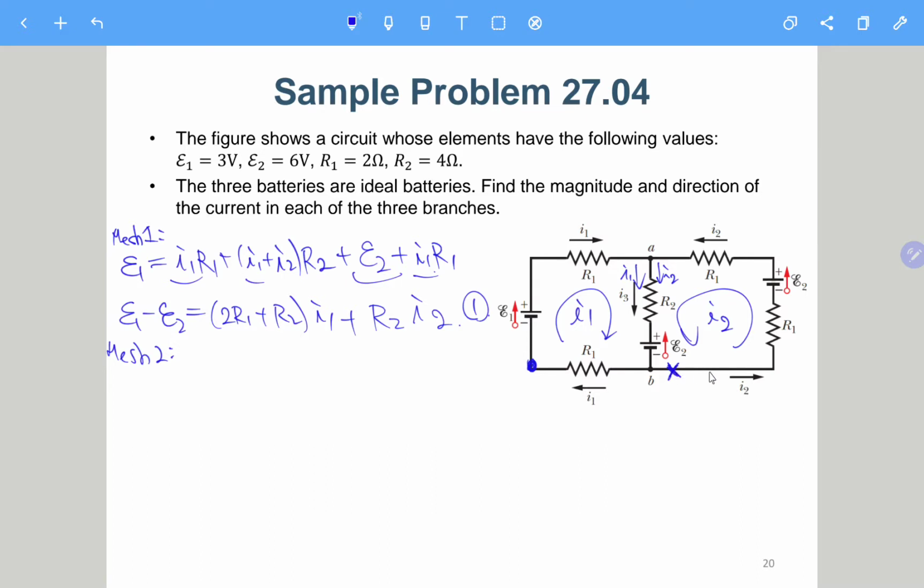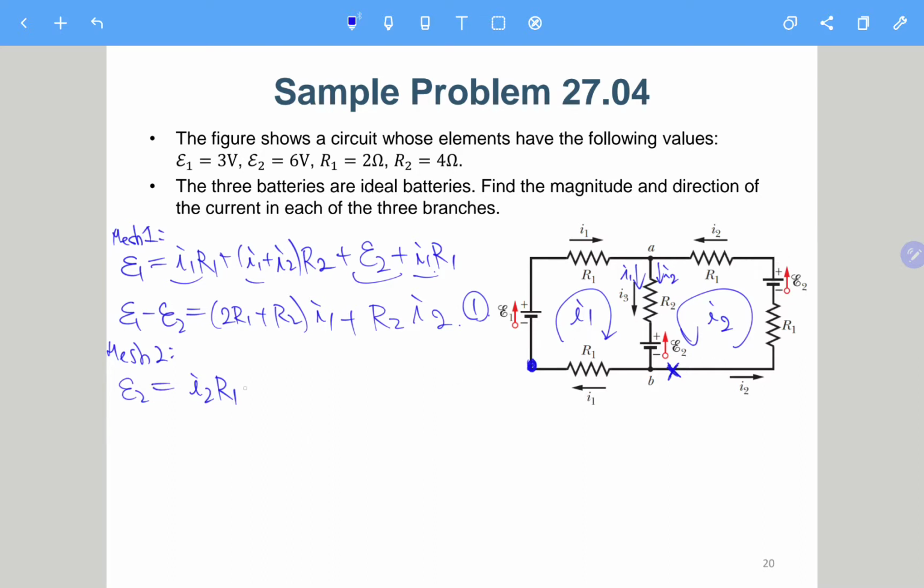So here we have I2 R1. I2 R1 is a voltage drop, and then this, oh, both of them are E2. Okay, this is E2. This voltage is going up, so we have E2 on the left side, and then for the next one,